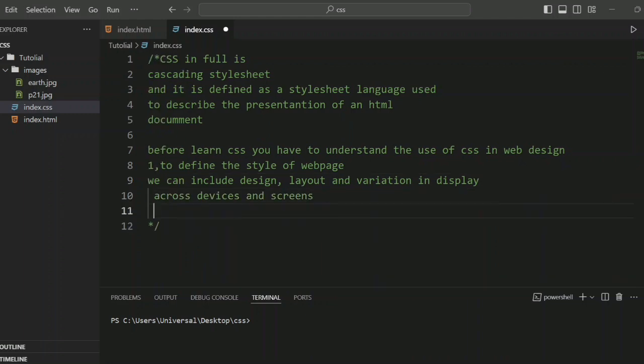The second is, so that's all. This is the use of CSS to define the style of web page, which will include designs, layout, and variation in display. When you talk about CSS, you can understand these three things: design, layout, and variation in displays across devices and screens. This third use includes